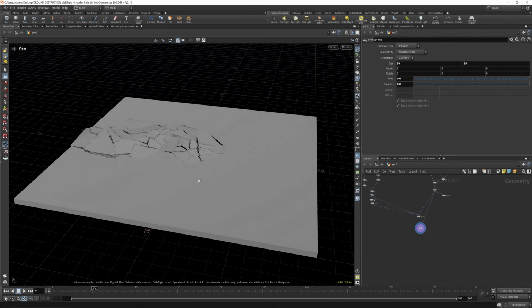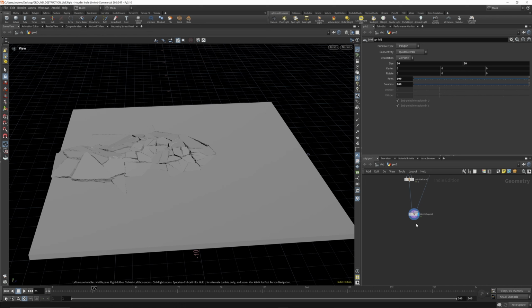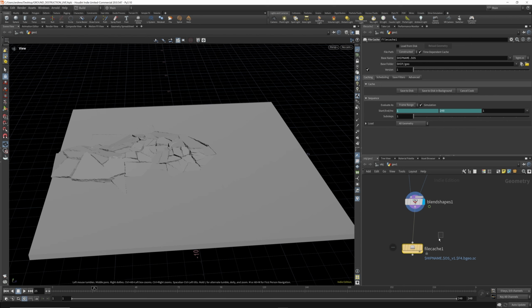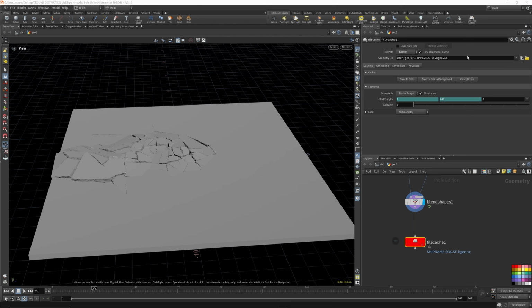So we want to emit some debris from this. I think let's just cache this to disk. So let's put down a file cache node. Personally, I like to make these red, so when I open up a project, I know to just come over and cache these, and I like going to explicit, and I'm going to load this here. So this is my hard drive, this is the name of the folder, and then this $OS is going to pull this name. So let's call this cache fake